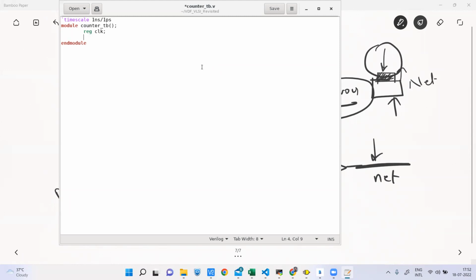Always. This always means that this will always keep going. This loop, or whatever you call it, this block will always keep going. It will be executed again and again during the simulation time. Always clk equals to